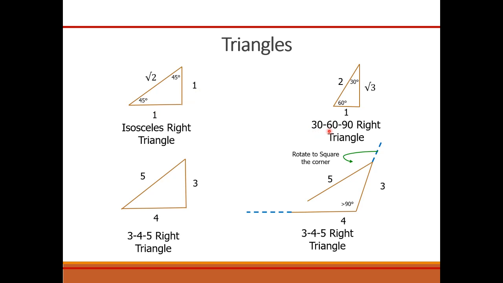Now this is the 30, 60, 90 right triangle. What does it mean? One angle is 30 degrees, one angle is 60 degrees, and the third angle is 90 degrees. So this ratio will be fixed. Hypotenuse will always be equal to two parts in this particular case. If you take it as base, it will be half of the hypotenuse, and if you take this perpendicular, it will be under root 3 times the base.